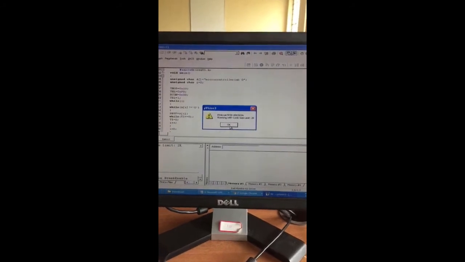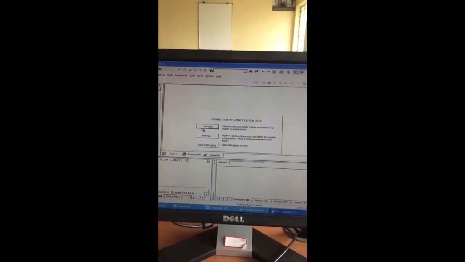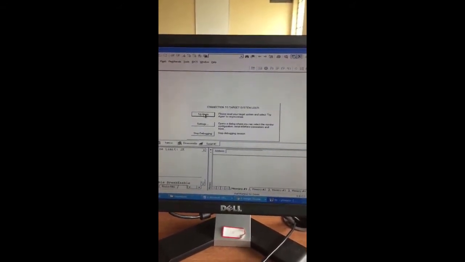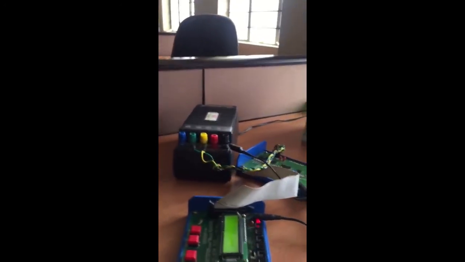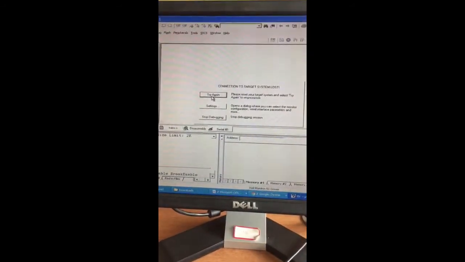So you have to debug the program. If you get this message, reset the controller and try again.